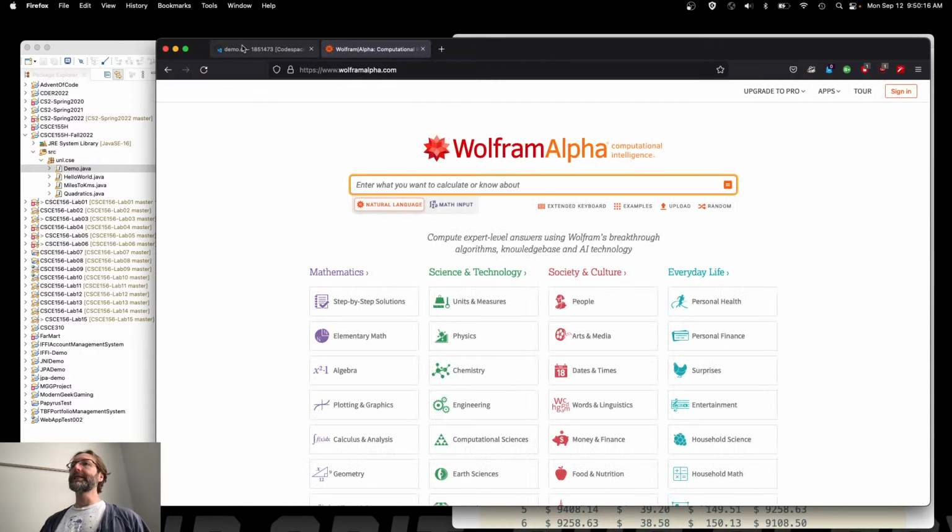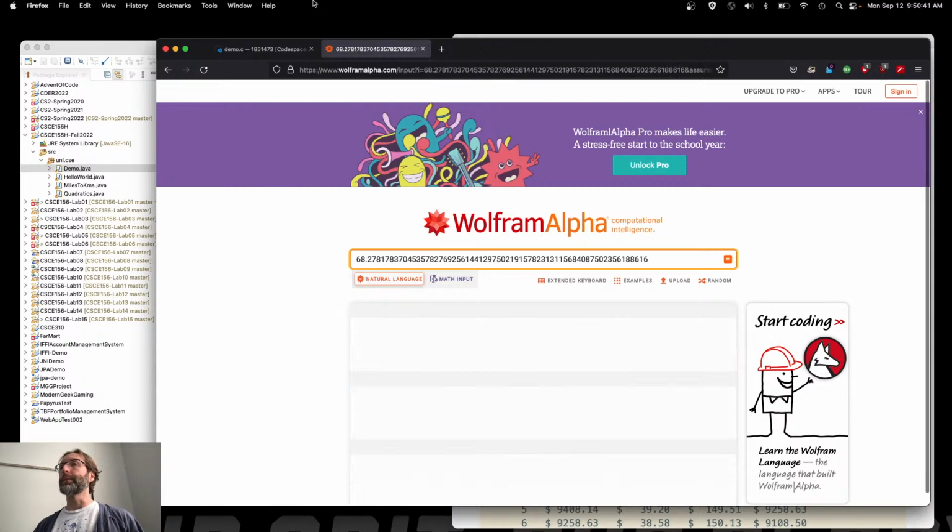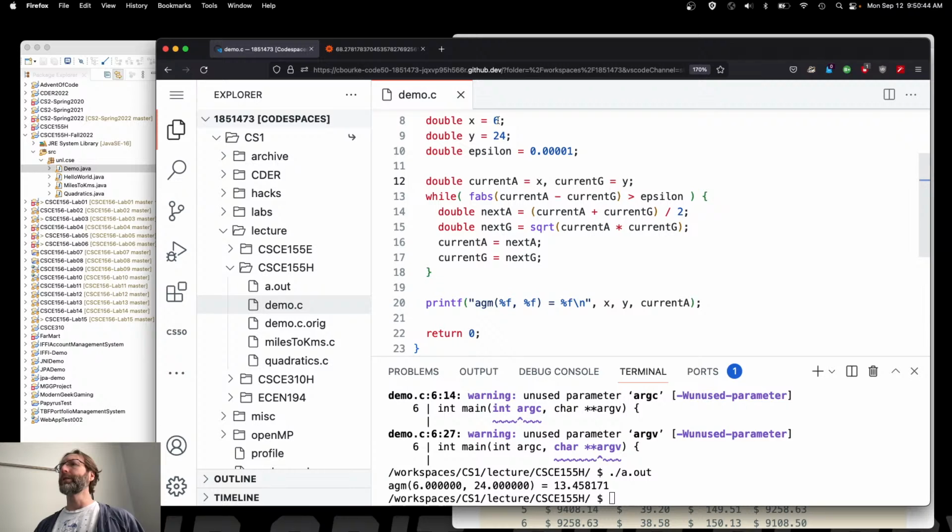Now, is one test case, the one from Wikipedia, good enough? Probably not. AGM of 42 and 101. You tell me, Wolfram Alpha. This is me pulling out my calculator to create yet another test case, using an external tool, in this case, Wolfram Alpha. 42 and 21 is going to be 60, that number right there. 42, sorry, not 21. 42 and what was it? 101? There we go. Run that, and I get